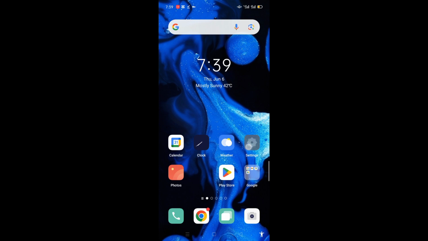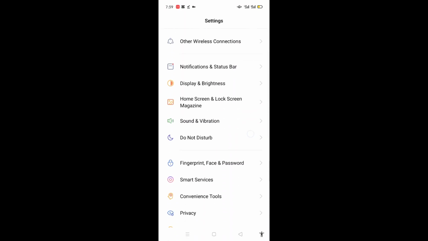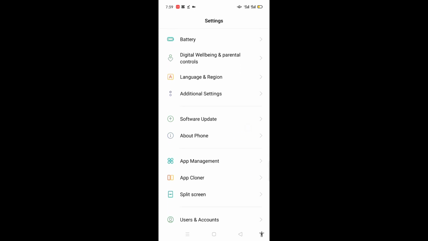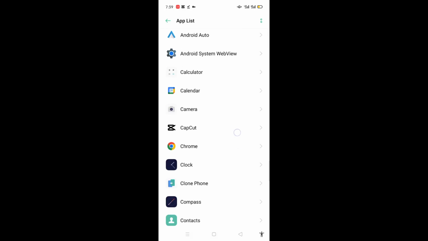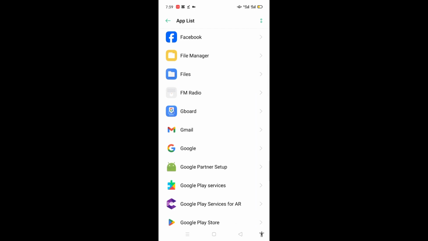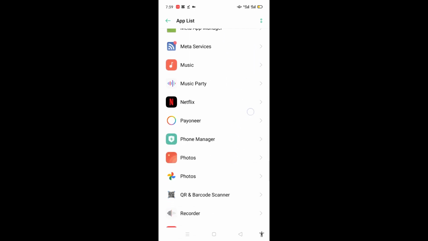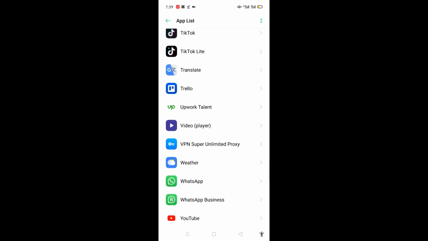You will just open the phone settings and scroll down to app management. You have to click app list and you will have to find WhatsApp. Scroll down to find it. When it's found, you will have to just open it. WhatsApp,